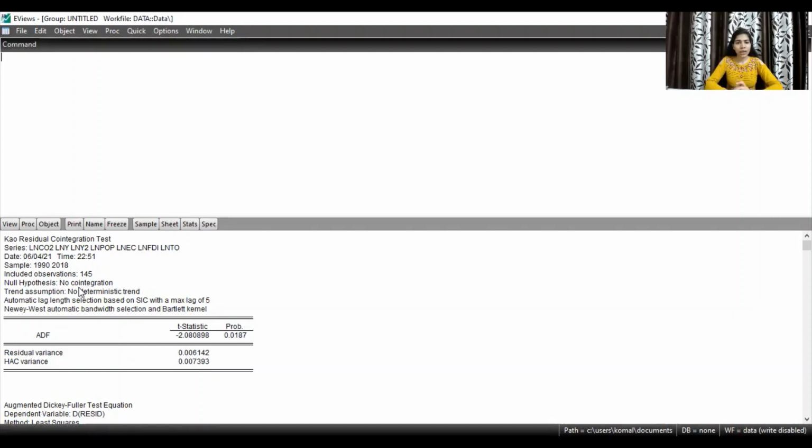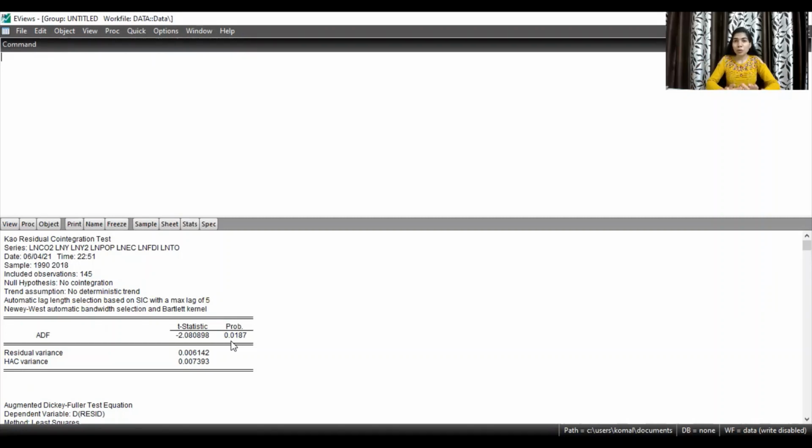Here you can see the ADF test statistic probability is 0.018, which is less than 5%, that is, less than 0.05. Since it is less than 5%, we reject the null hypothesis and accept our alternative hypothesis, which states that the variables are co-integrated or have a long-run association.